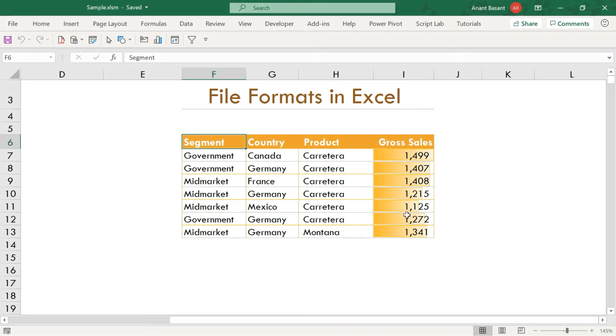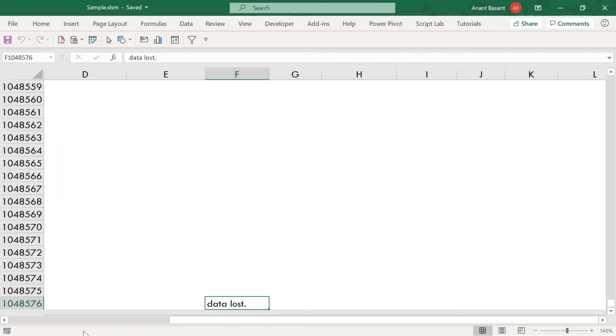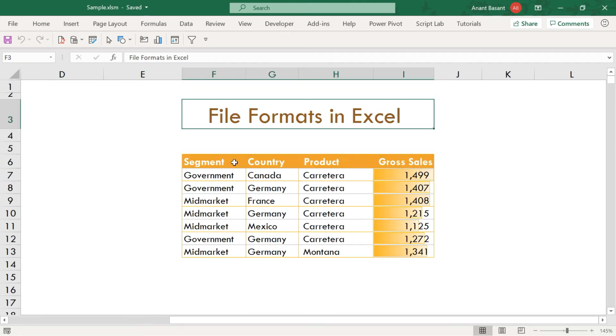This functionality, which was not available in the older version, will be lost. Or if not lost altogether, it will be degraded. Because Excel's older version did not have that many rows, the data that I have written here will definitely be lost. So there is always the danger of data loss if you save the file in an older format.